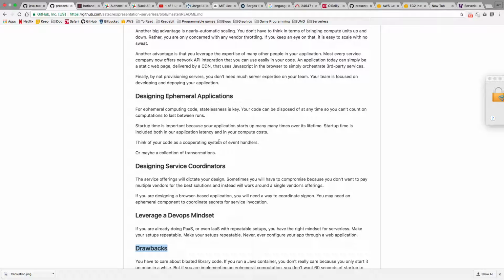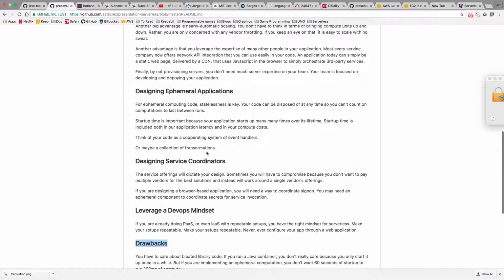That's for the Node programmers. They're already used to programming that way, whereas for a lot of Java programmers, it's alien to them. Sure, but even in Node, they're not going to be able to do that here because they don't have a way of dropping out and then doing that continuation style. Right. If they have to start up again, they have the same exact problem. But you're right, their mindset is already there in terms of handling things asynchronously. Yeah, and then maybe just a collection of transformations.